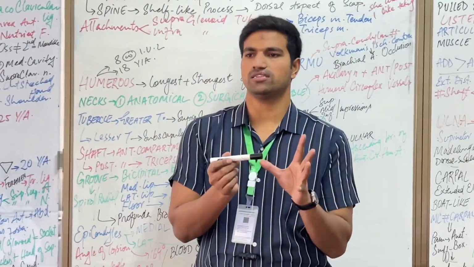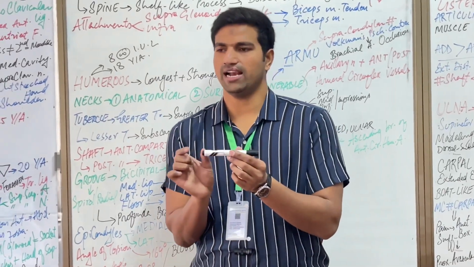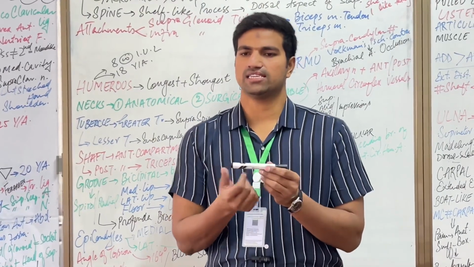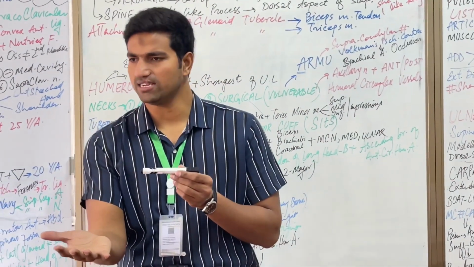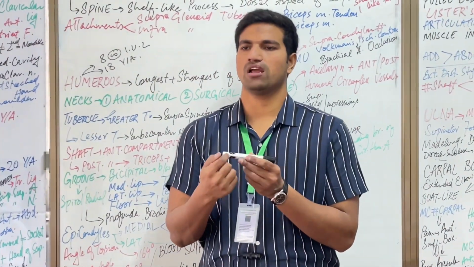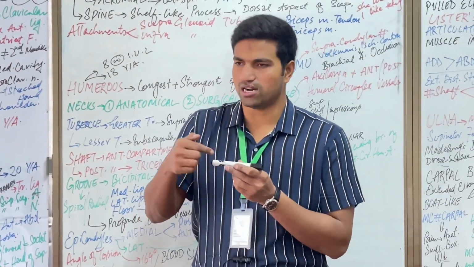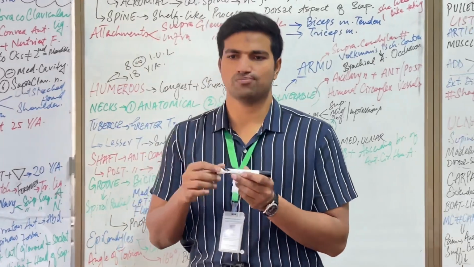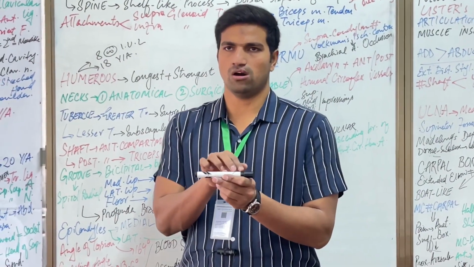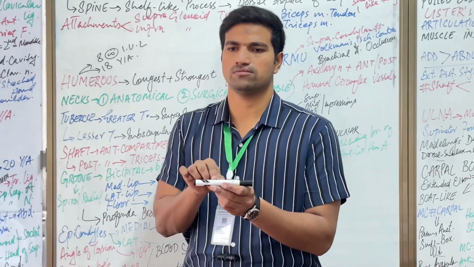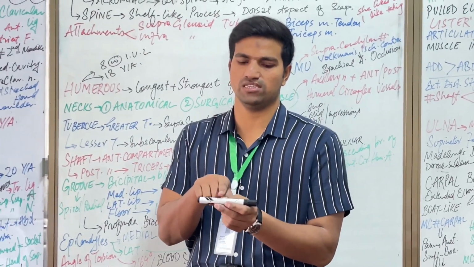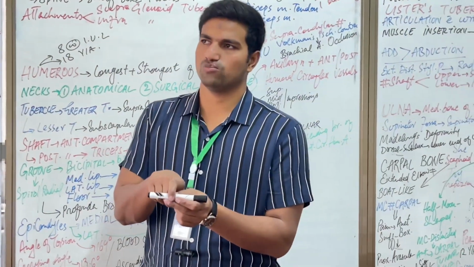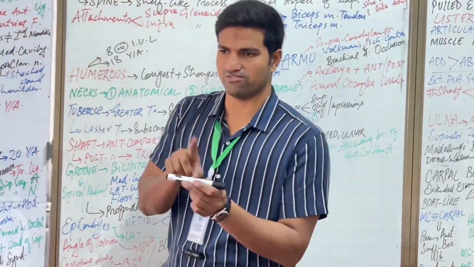The medial end is large and quadrilateral, and the lateral end is flat. The medial end is convex anteriorly, and the lateral end is concave anteriorly. Am I right? Yes. And in the clavicle we have a foramen called the nutrient foramen for the nutrient artery to go inside and give blood supply to the bone. There is a weakest point at the junction between the medial 2/3 and lateral 1/3. That is the weakest point of the clavicle. Most clavicular fractures happen here due to its weakness.